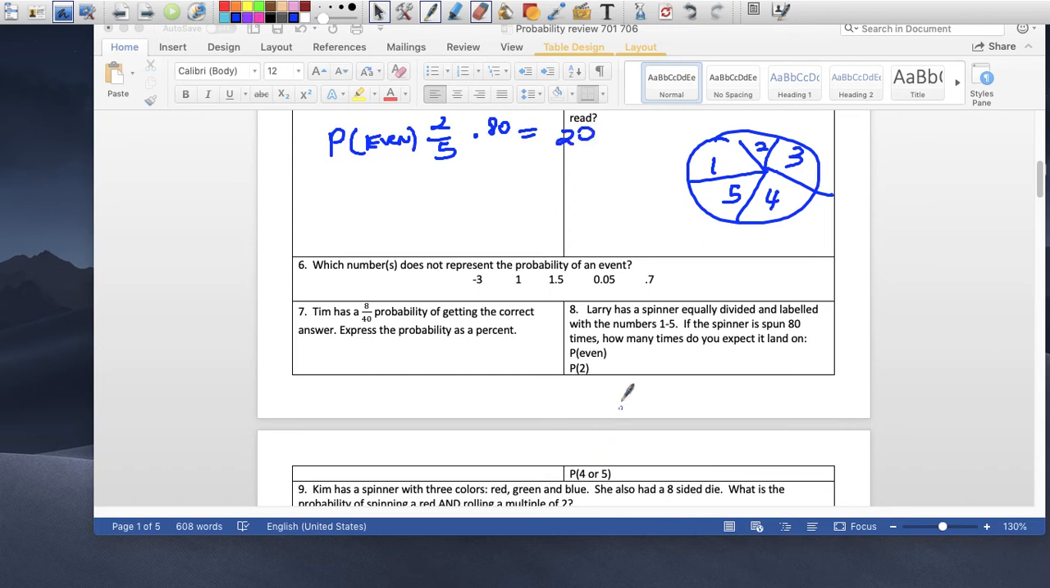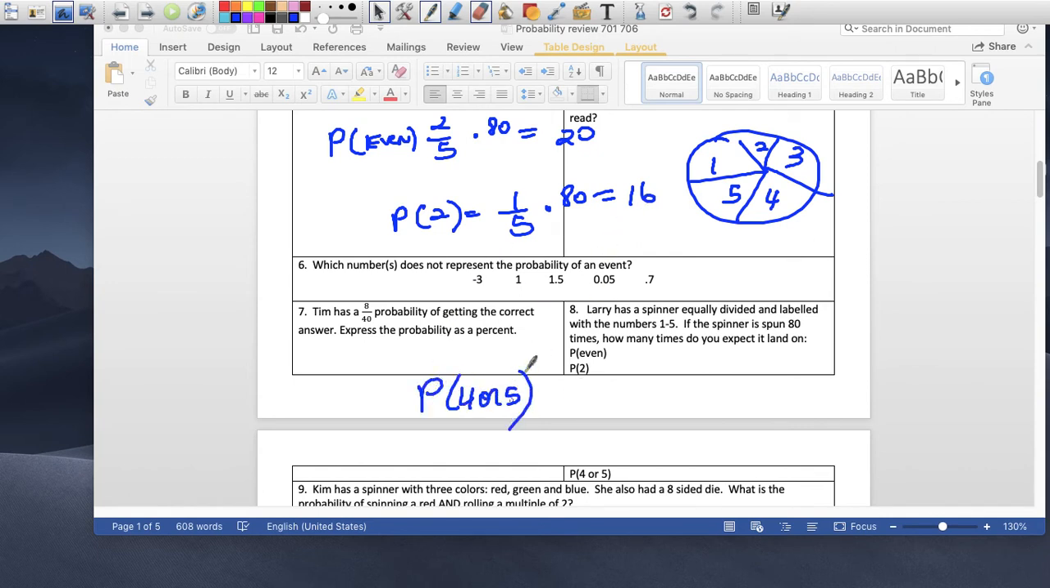What's the probability of landing on 2? If you look at this, there's a 1 out of 5 chance of landing on 2. But we're looking at how many times out of 80 spins it would land on 2. Well, multiply that by 80. And we would expect it to land on 2 16 times. And the last one,